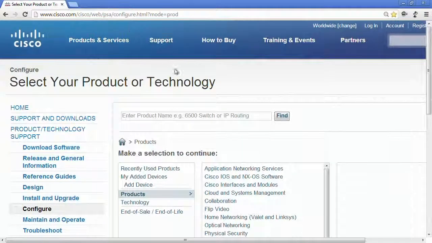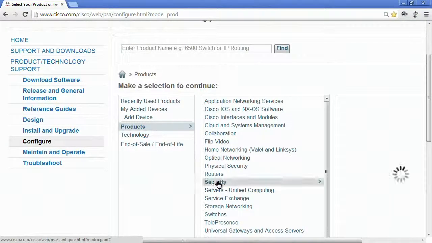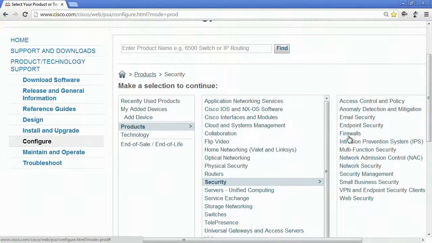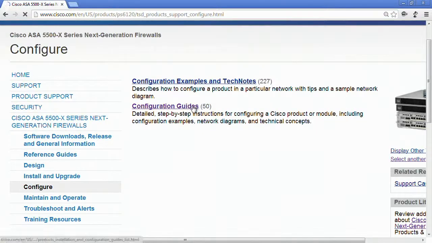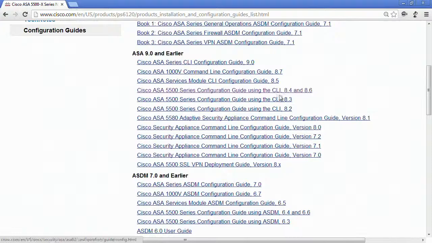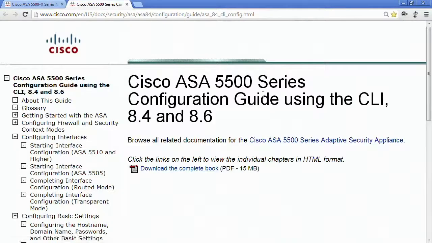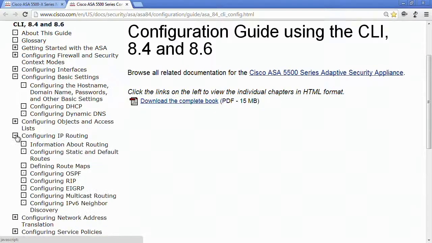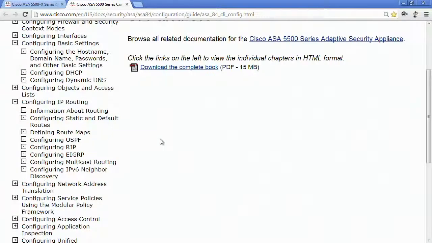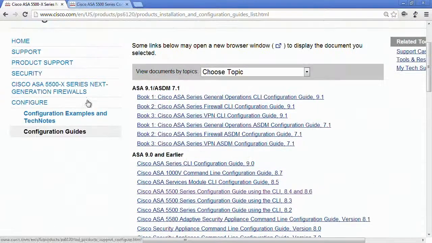And from here we would go to Products, Security, Firewalls, ASA, ASA 5500, Configuration Guides, and then we'll say 8486. Okay, under here this is going to be configuring IP routing. Okay, also if we go back to